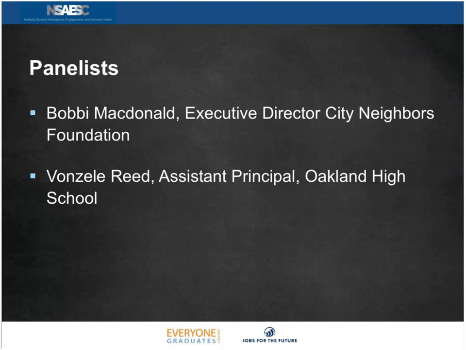So City Neighbors is a network of 3 schools in Baltimore, Maryland. We serve a little over 850 students, K through 12. I'll tell you a little bit about our population. 64% are African American and 30% white and 6% other. We're up in Northeast Baltimore, which is an integrated community. We have about 25%